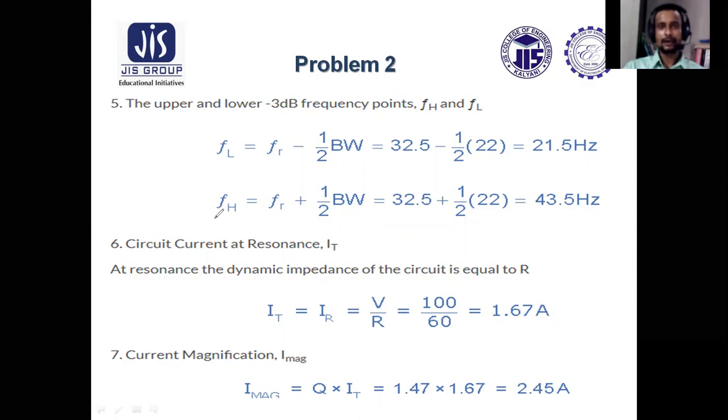At resonance, certain conditions are to be satisfied, and based on those conditions we found the resonant frequency. Now if a pure inductor is assumed, how can the resonant frequency formula be reduced? That we also discussed. Then we discussed the graph of impedance and current, which vary with frequency. Later we discussed some concluding points on parallel resonance. Then we discussed one numerical on series resonance and one numerical on parallel resonance. So this is up to this.